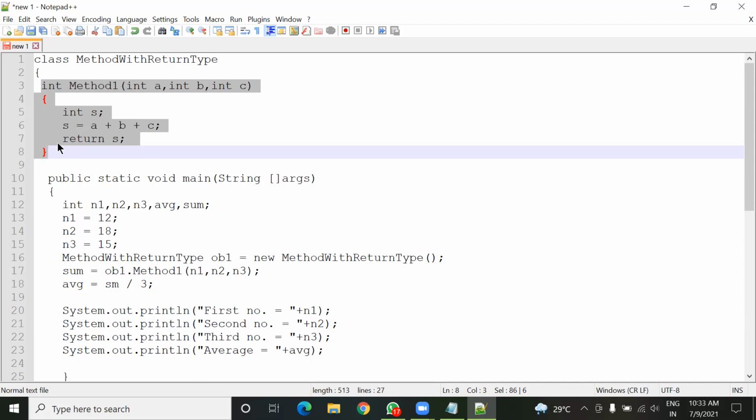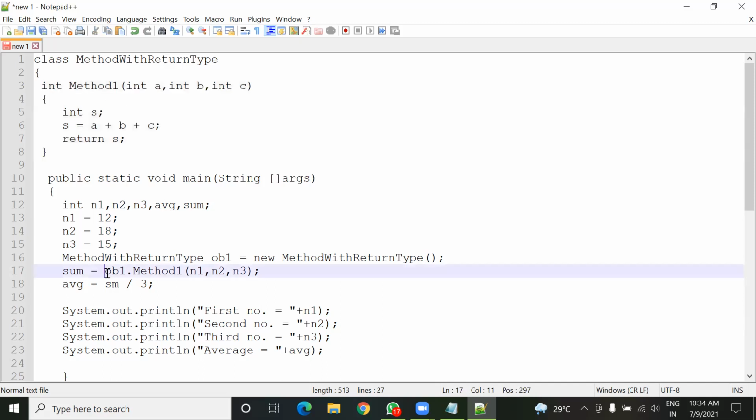The last line in this method is return S. It means method 1 is returning the value inside S, and where will it be returned? It will return to the place from where this method is called, means it will return the value on this line. So whatever value is returned from method 1, that value will be stored inside this